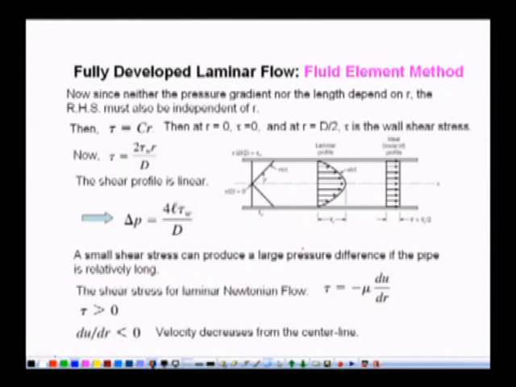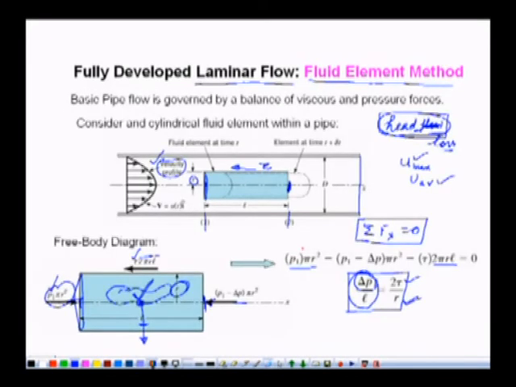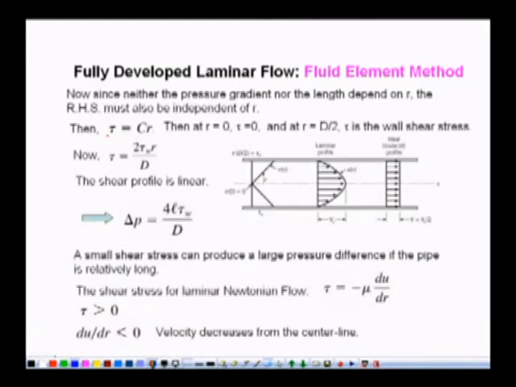So, with the help of this relationship we can say that tau is having a relationship with r. So, tau is related to r, and this constant we can find out